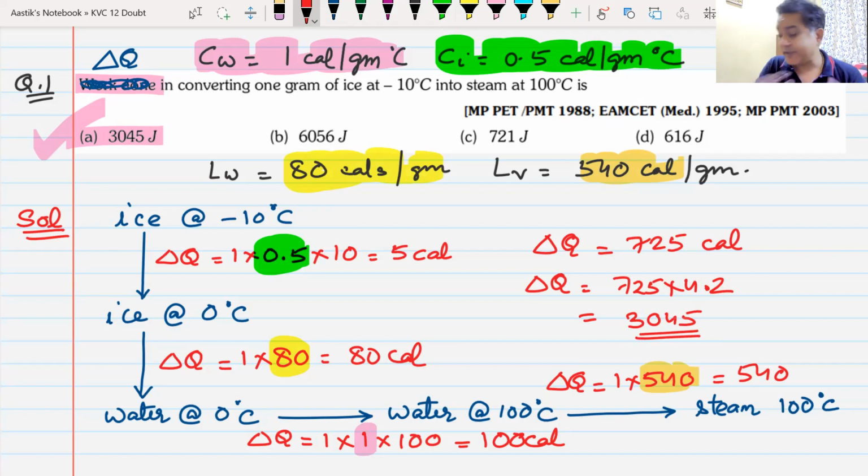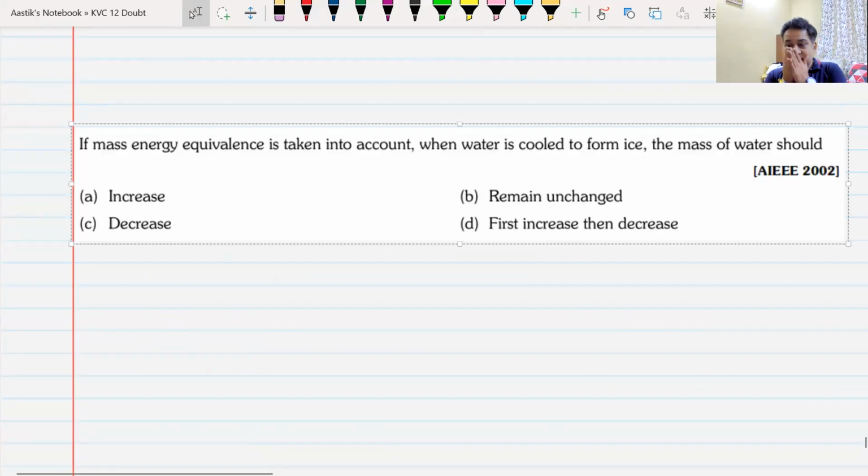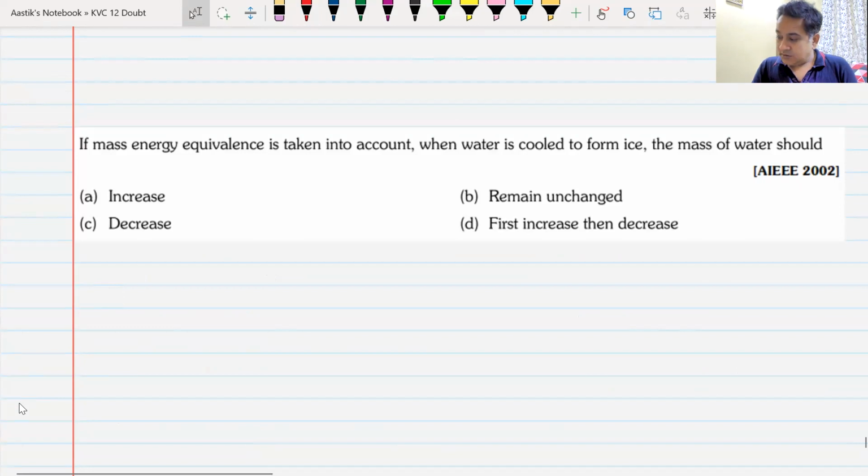Then I have moved ahead, and this is a simple question that has come in one of the JEEs, and it can come again in your NEET as well as in your JEE. If mass energy equivalence is taken into account, and water is cooled to form ice, mass of water should